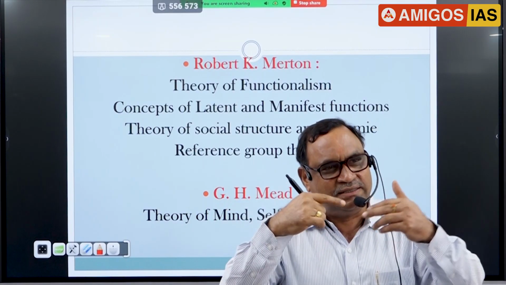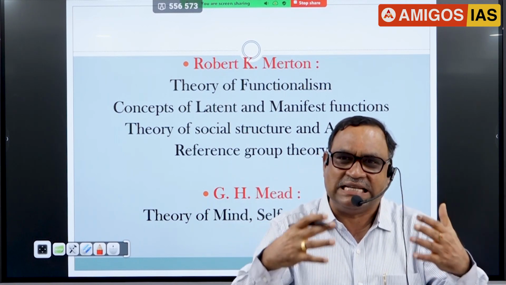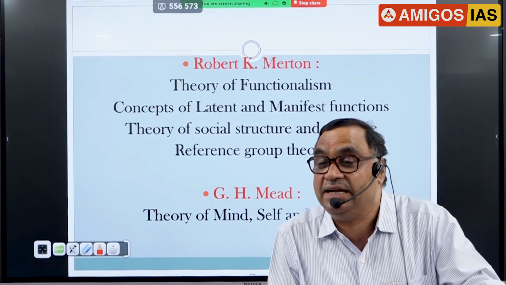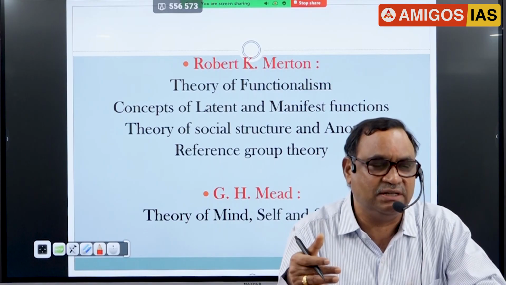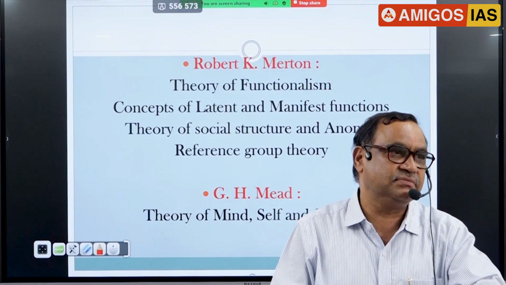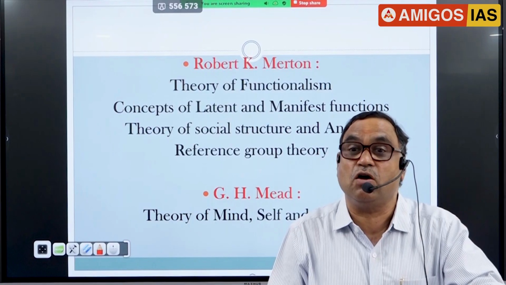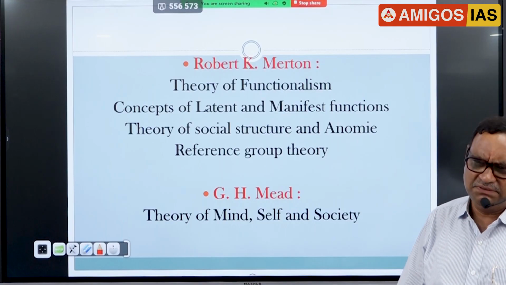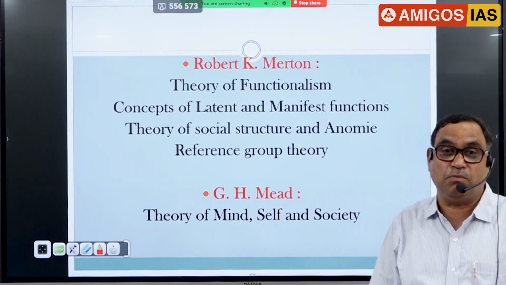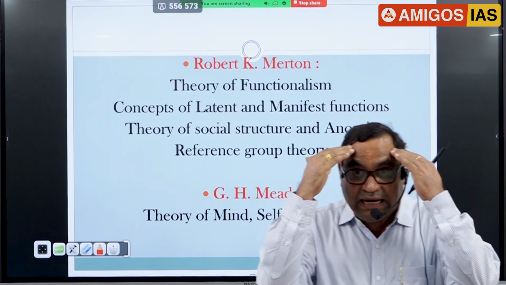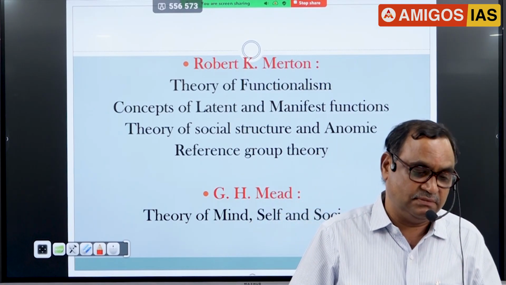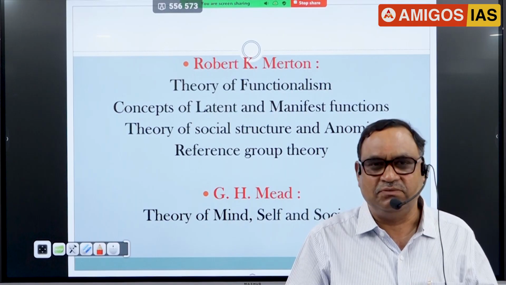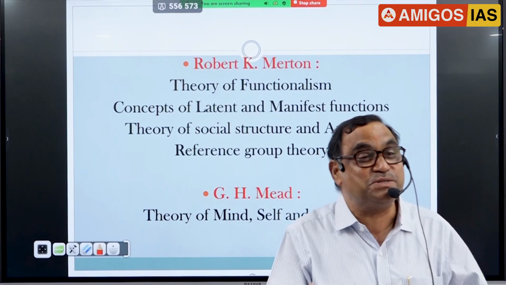So he has created a particular design of how and what factors prompt or motivate an individual to indulge in deviant behavior. That is called social structure and anomy. Then G.H. Mead, who is a very important sociologist, talked about the development of mind and self. Right? All of us have a mind. Is it true or not? We have a mind or not? Then what is the difference between brain and mind?